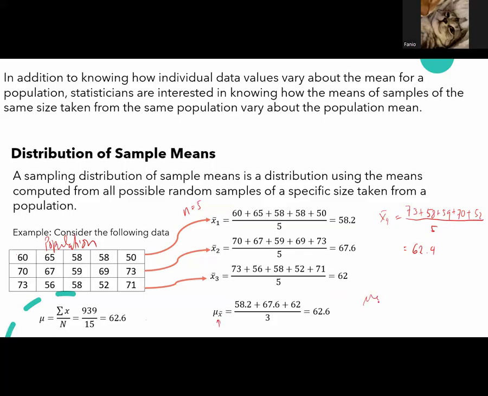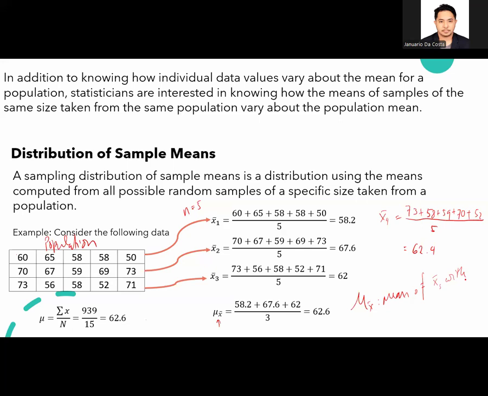The mean taken from the mean of each individual sample size. Okay, mean of x bar, the sum of x bar, mean of the sum of x bar. So basically, the mean of x bar, the mean of each, the mean of x bars